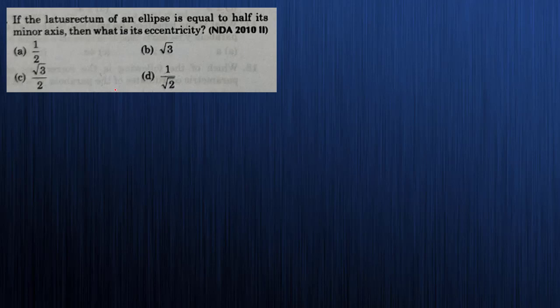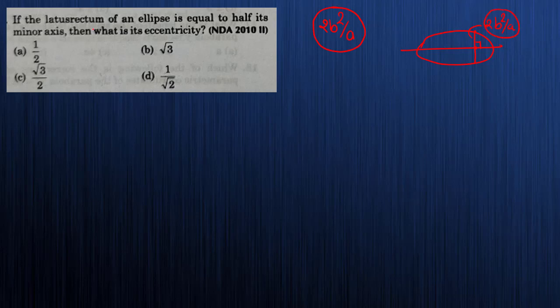If the latus rectum of an ellipse is equal to half its minor axis, then what is its eccentricity? Okay, what is the latus rectum of the ellipse? Latus rectum मतलब it is 2b square by a. See, ये भाई आपको पैरामीटर्स है ना, फिगर से आपको फटाफट याद होनी चाहिए. सो ये इलिप्स है अपना, ये फोकस है, एंड फोकस से जो भी जा रहा है कॉर्ड which is perpendicular to your major axis, this length is nothing but 2b square by a. Okay, so this is nothing but my length of latus rectum.